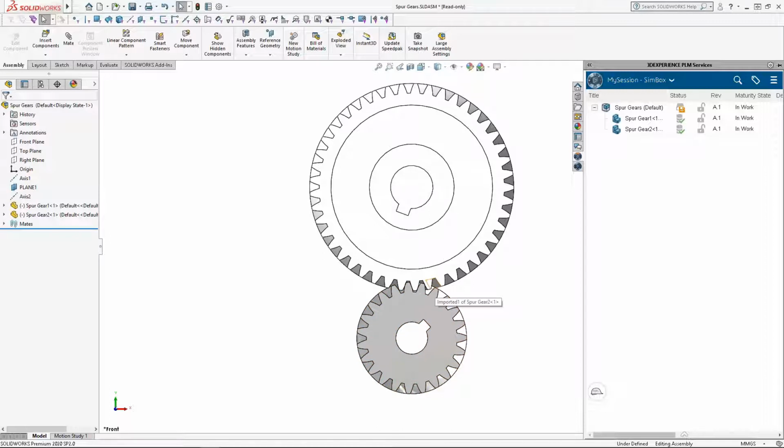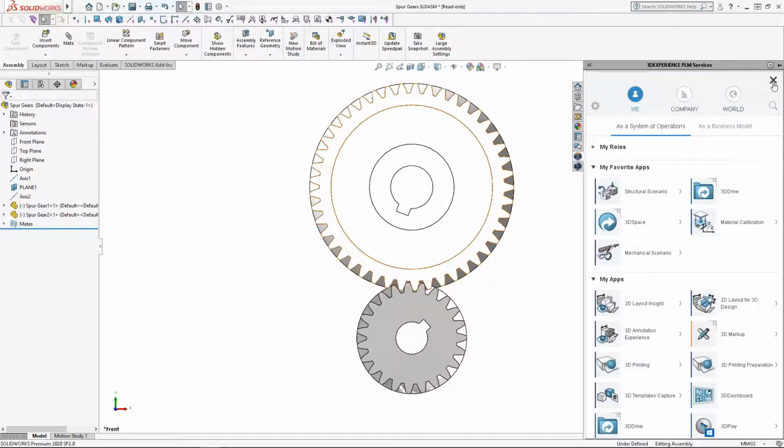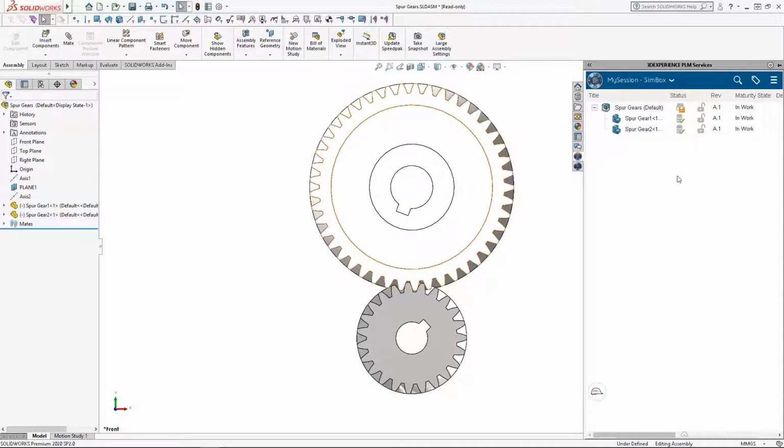Now, I'm going to go ahead and pull this over to the platform right now, but I want to point out there's kind of a couple ways. There's probably more than two, because you could also go to a neutral format. But probably the most robust way to pull it over is to utilize the new 3DEXPERIENCE PLM services, which gives you a little bit of PLM control, so a little bit of revision control on the platform. So you can see if I wanted to, I could just click my compass here and then pull this model over into the platform. Now, the nice thing about doing that is you can see that this is called Rev